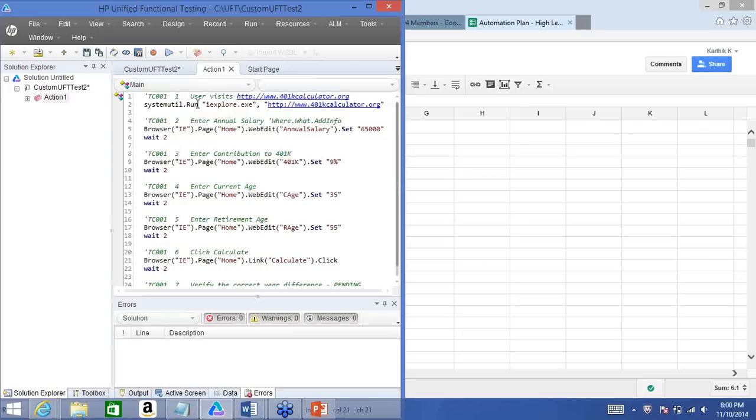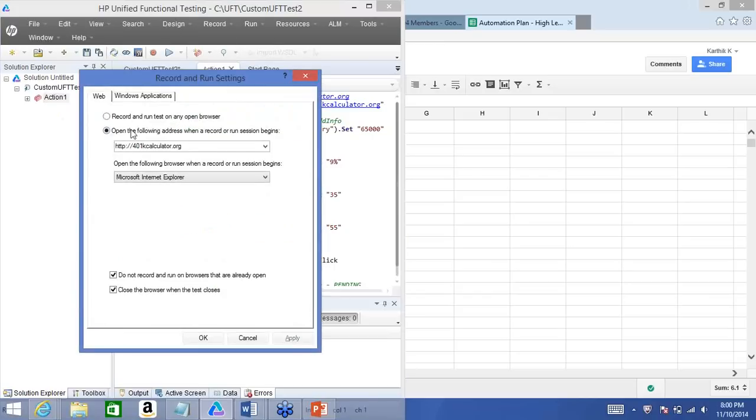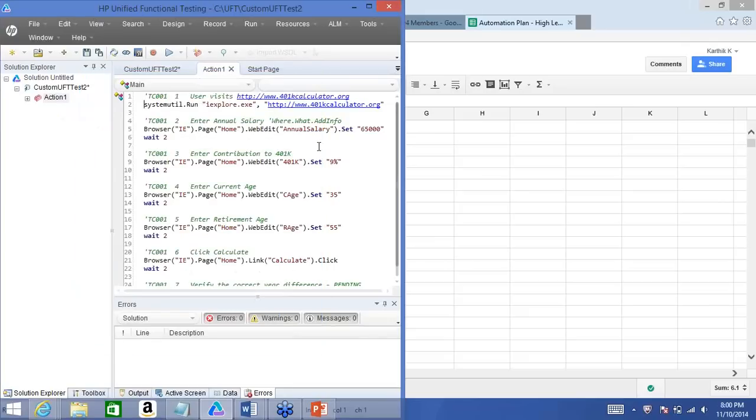So system.util.run will do exactly the same thing as our record and run settings, where it opens the following address when a record and run session begins. So we are trying to give everything at a script level. Why am I giving it at a script level? Two reasons, team. One is you don't want anything to be outside. You want to be able to see everything out here. Second, tomorrow